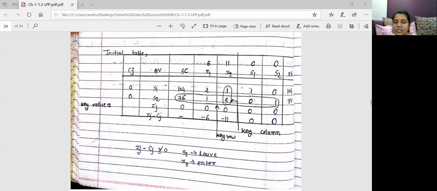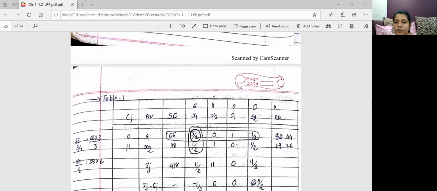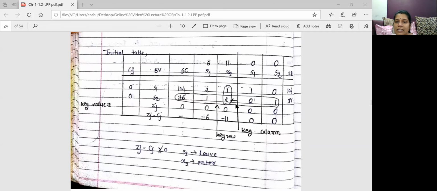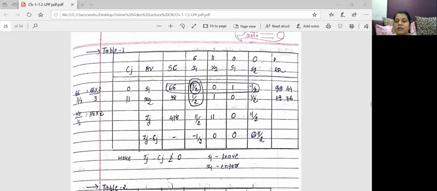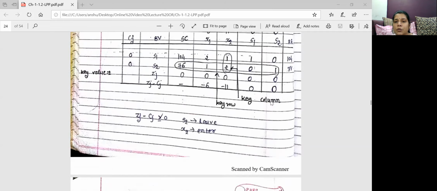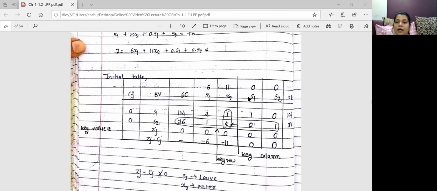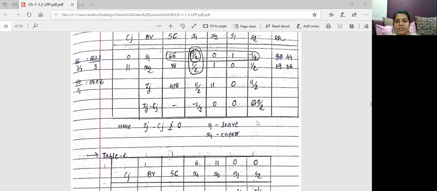Again, आपको यहाँ पर चेंज लाना है. तो की नंबर को आप 1 पे ले जाइए. तो 2 into 1 minus 1 into 0 divided by 2. That means 1. And the second last one is 2 into 0, that means 0, minus 1 into 1, divided by key number. So this value is minus 1 by 2. Again, यहाँ पर आप keep in mind, always keep in mind कि जिस place पर आपको change लाना है, okay, वहां पर आपको key number को ले जाना है. ओके, तो आपसे कभी यहाँ पर मिस्टेक नहीं होगी.